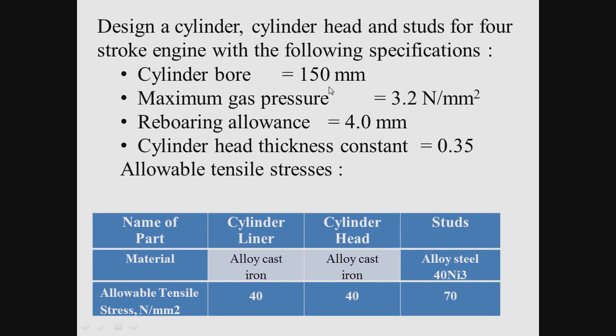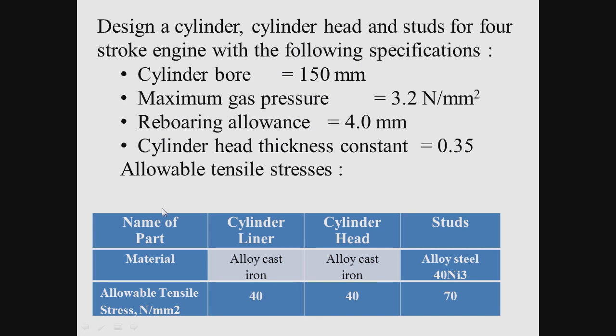Cylinder bore is given, it is 150 mm, it is capital D value. Next is maximum gas pressure, Pmax is given 3.2 Newton per mm square. Reboring allowance, it is C value is given, it is equal to 4 mm. Cylinder head thickness constant, it is K1. K1 is equal to 0.35,